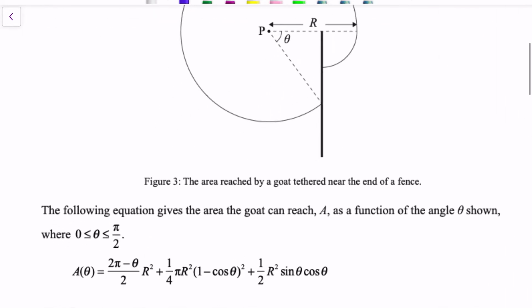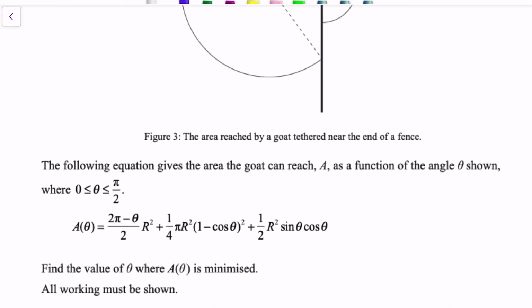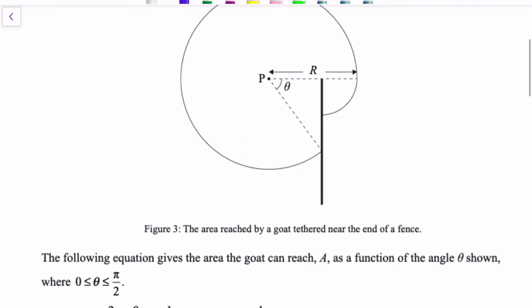Okay, it looks like an absolute mess of an equation. I'm kind of gutted that the examiner didn't ask the students to derive it, because it's doable, but I guess if you didn't derive it correctly, then your answers for the next part would be all wrong. But we've got this goat here